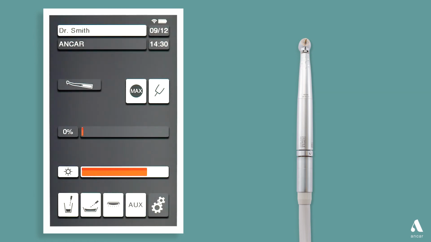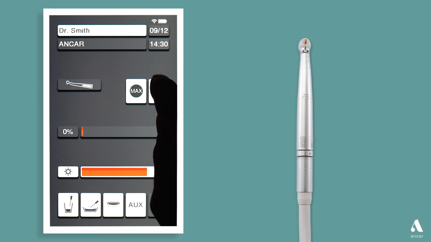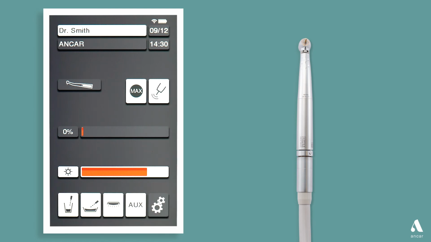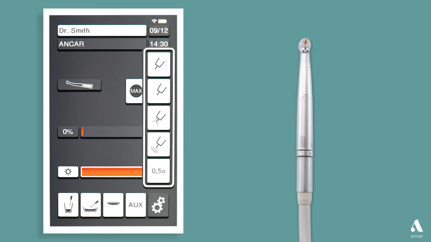As with all instruments, from the touch panel or the pedal, with each press we will alternate between the different options available, which now are 4. Only rotation. With spray. With water. With chip blower. Pressing the selector for 2 seconds opens the drop-down with the 4 options that we have seen